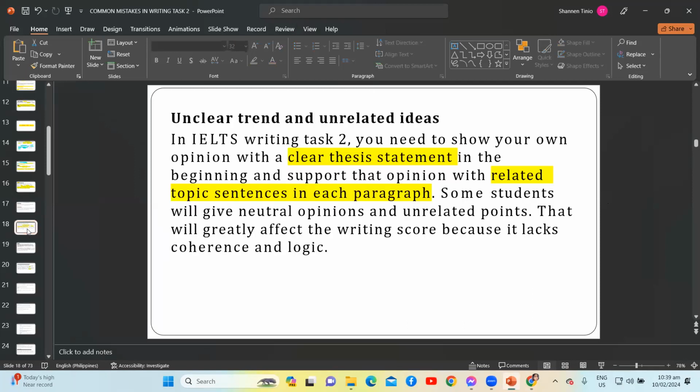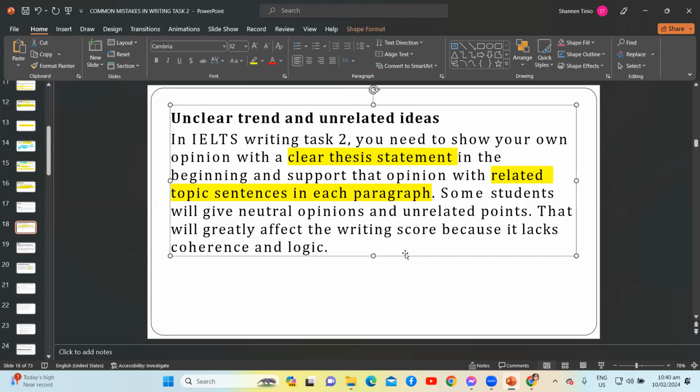That you have to make sure that you avoid unrelated ideas. And one way to avoid unrelated ideas is to make topic sentences in each paragraph. Some students will give neutral opinions and unrelated points. That will greatly affect the writing score because it lacks coherence and logic. Pakinggang mabuti. Kapag daw, ano ba? Kapag daw,